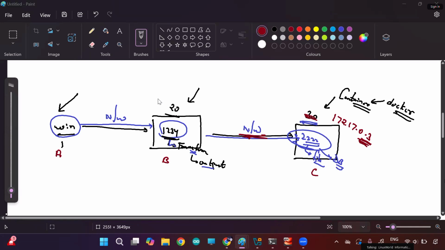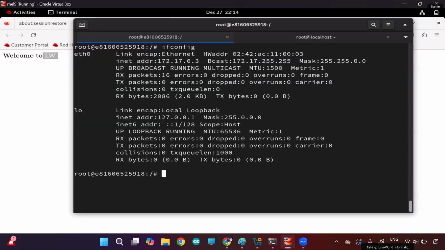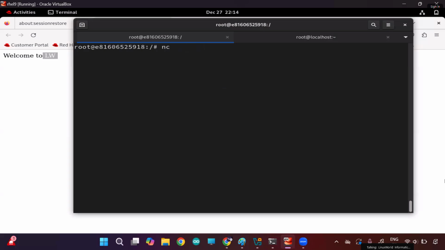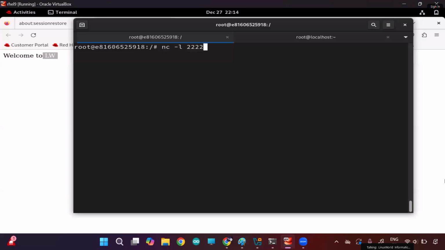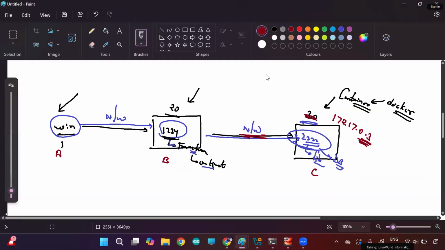Okay, so on the C computer, which is a container in my case, I'm going to use the NC command with the L option, and let me use a port number, let's say 2222. And tell it: whatever data you receive, store it in a file called db.txt. So that is being done in some container, some other OS. But on my system B, which is called Red Hat 9 in my case,